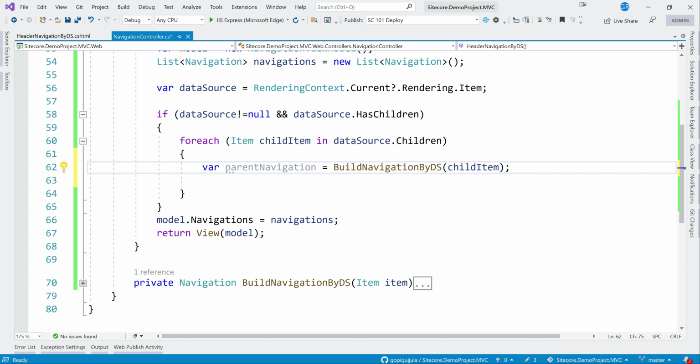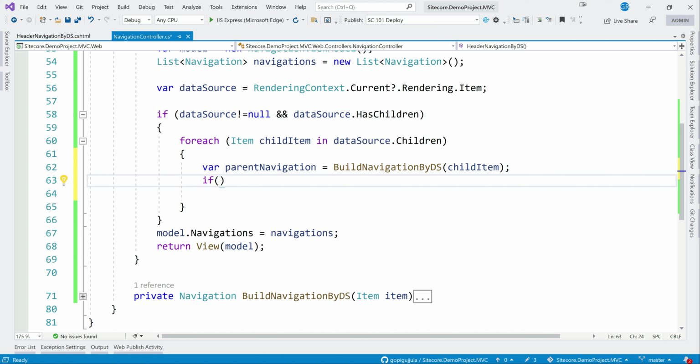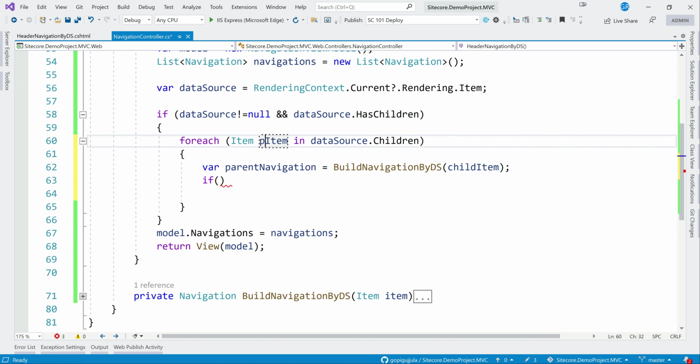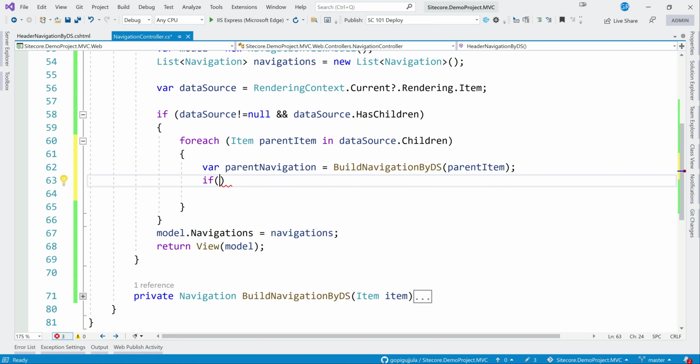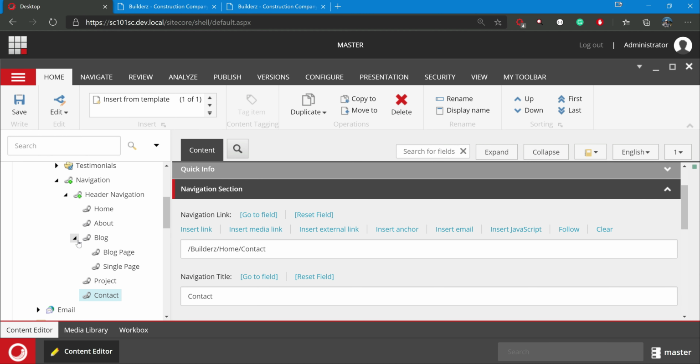So till here it is done, but what if this parent navigation has child items? I will put parent item. What if this parent item has many more children? That we need to check. Remember the structure from here. Currently parent items are these. Now we need to check whether anyone has children, and then we need to process them as well.